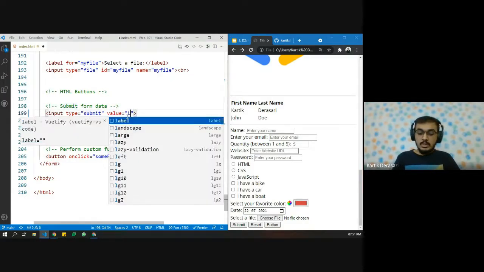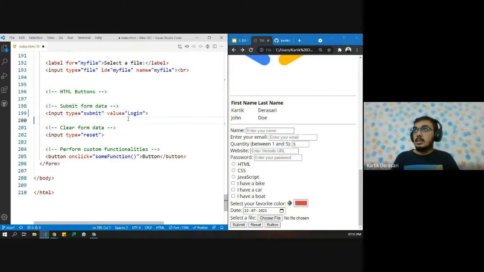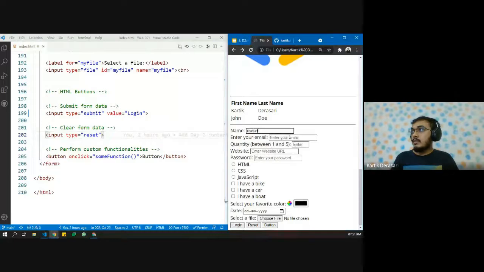If I want to say login or something, we can also use this by changing the values. Next is reset. For example, if the user has filled up the form and wants to reset it, it will clear all the form data using the reset button.